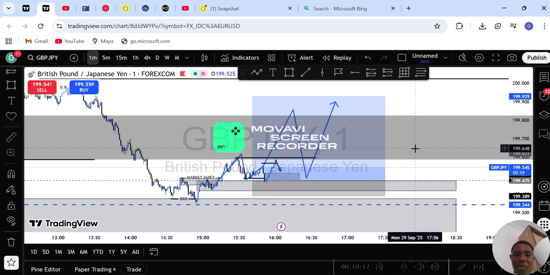So as I said, I'll pull back to one of the areas and start to push to the upside. So when you pull back to the zone,